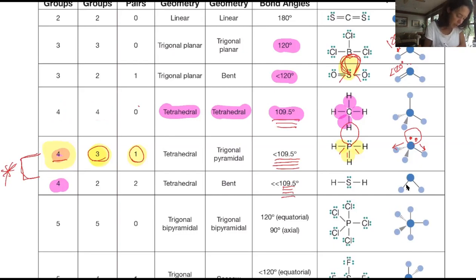So what you see here is, all right, 4 domains, 2 bonding, 2 non-bonding. So we have 2 lone pairs. Well, they're not going to sit like this. That is not what they're going to do. They are going to sit like this, okay? So they're going to be sitting up there. And what I want you to see now is that this bond angle is going to be less,